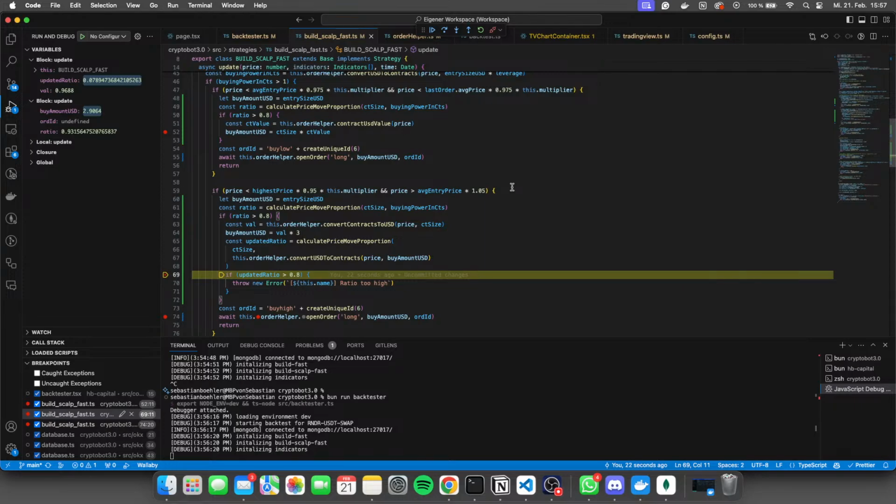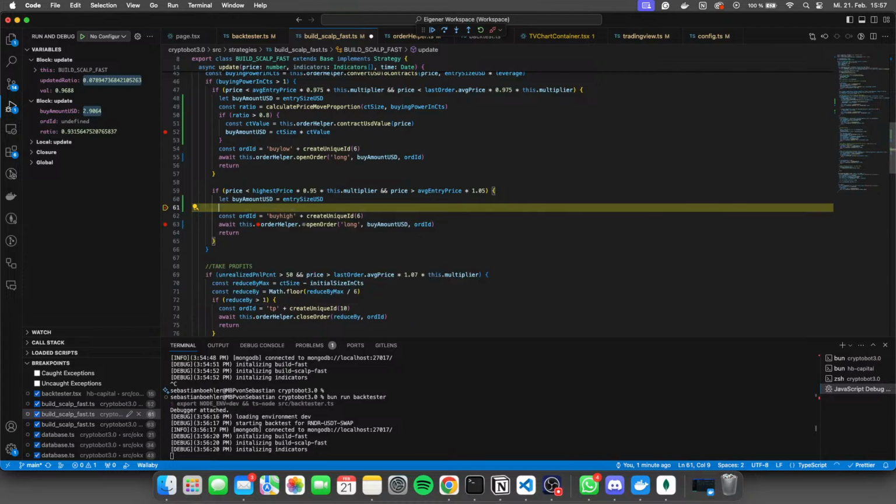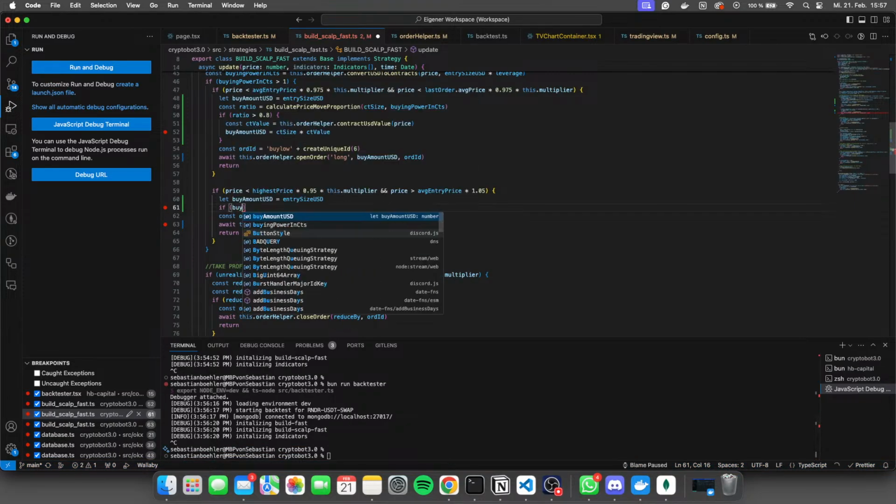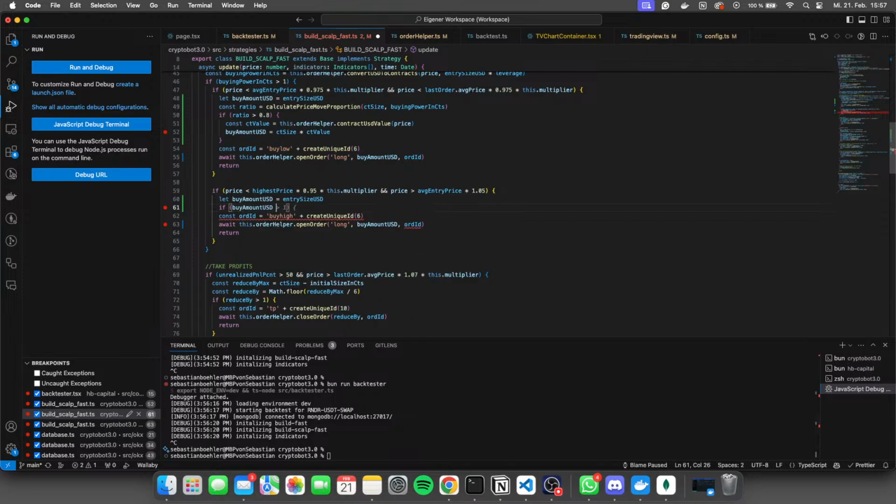I guess I can make it even easier. Let's remove this all and say if buy amount USD is bigger than margin times 3, then I want